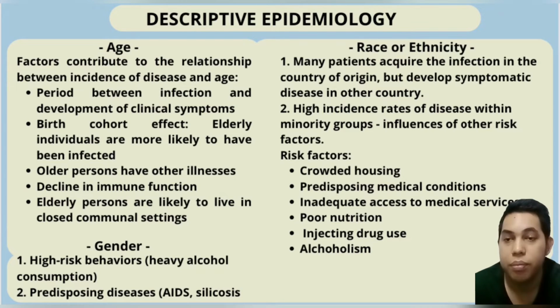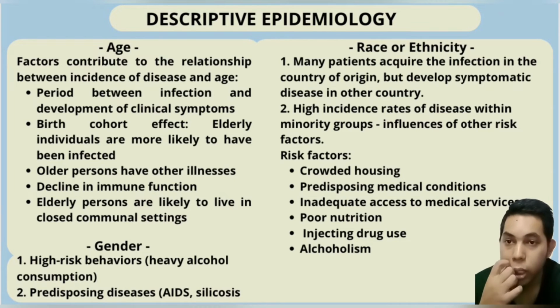An equally striking non-random pattern of occurrence is seen when incidence is examined as a function of race or ethnicity. As exemplified by the subject of the patient profile, many of these patients acquire the infection in the high-risk country of origin, but do not develop symptomatic disease until they arrive in other countries. The high incidence rates of disease within certain minority groups in a country reflect the influences of other risk